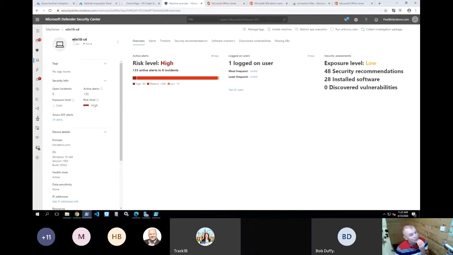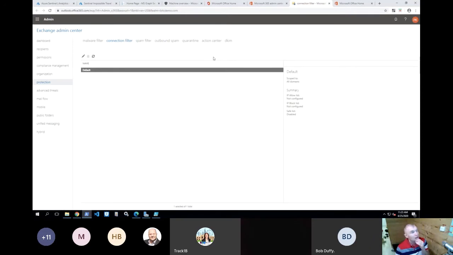Here's Win10C4, and you can see restrict app execution is ready to be fired. An isolate machine is ready to be fired. But I don't want to go there. I want Sentinel to do this. I've no interest in a user knowing where all this stuff is, or how to get here. I want Sentinel to know how to do it. I want this all written into Sentinel. So